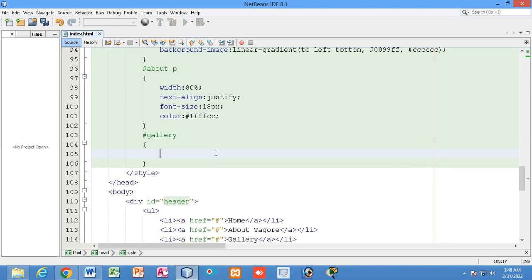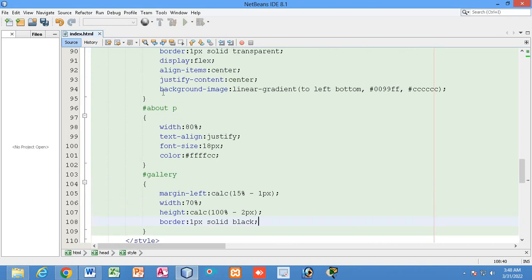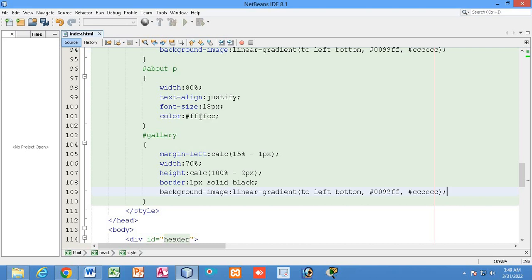So the gallery will have margin left this much, because alignment will be the same, width will be the same, height will be the same, and the border initially we will make black, later we will go and make it transparent, right? And also we can add a background color if required. This color we are going to add in the background, right?